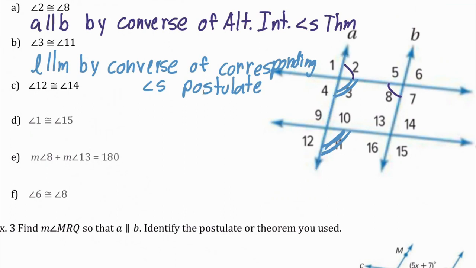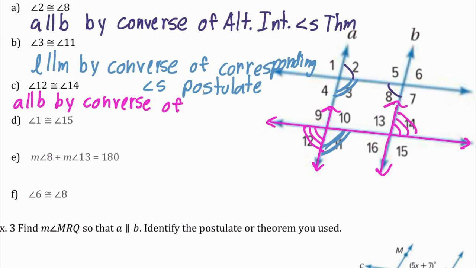Okay, next one. What two lines do you think we are proving parallel? Okay, so if we have 12 and we have 14, and we know that they are congruent to one another, again, we have this transversal, that's the one that's touching both of them, and then these would be the two lines we're attempting to prove. So these two angles are outside of those two lines, and they're on opposite sides of that transversal. So we're trying to prove that line A is parallel to line B, and they are by the converse, again, we're proving parallel,